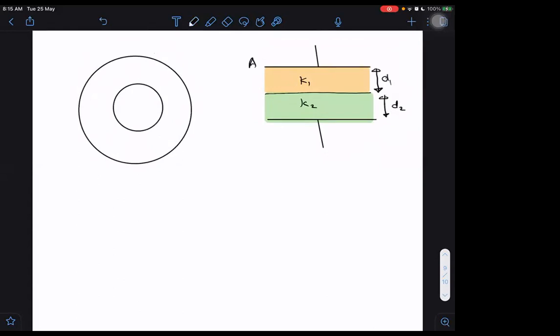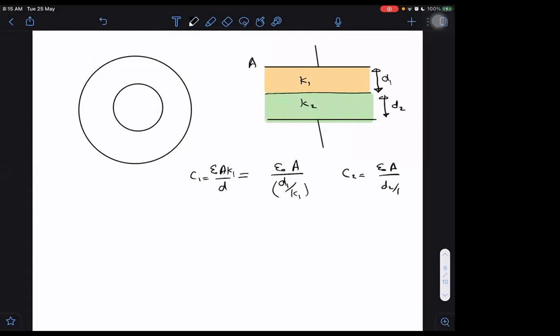What do we get now? We will get epsilon naught A into K1 by D1. I will not prefer to write K1 by D, I will prefer to write D1 by K1. It is the same. Epsilon naught A into K1 by D is the same as epsilon naught A upon D1 by K1, right? K1 is nothing but relative permittivity. Dielectric constant is nothing but relative permittivity. So this is the capacitance of the upper part, called C1. C2 is equal to epsilon naught A